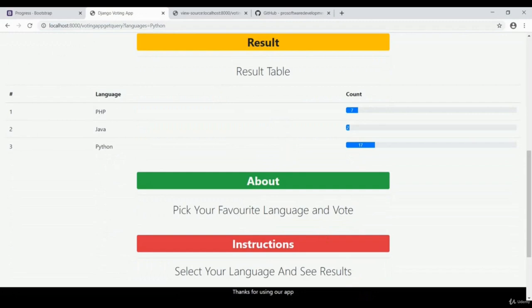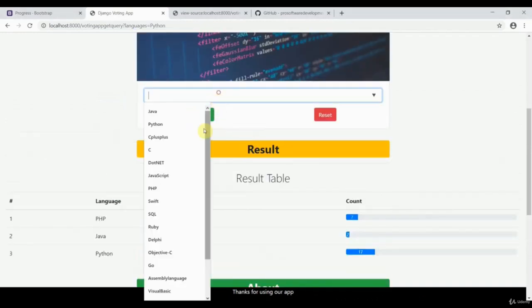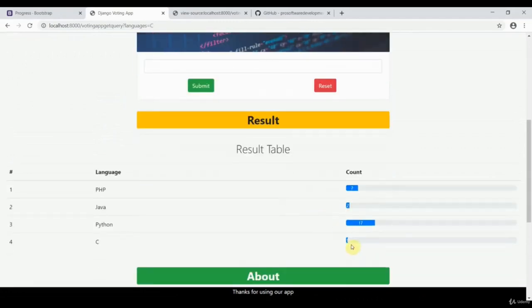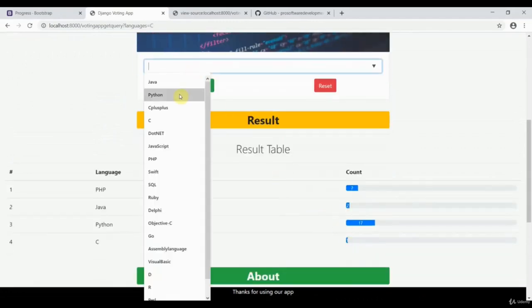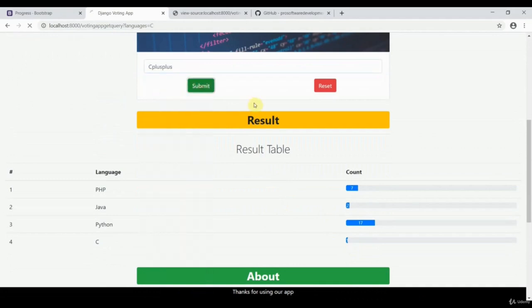So next, we'll try to add another functionality. You are seeing these are the counts of words, and if there are so many languages, let me add another, the C. So C will have one count of word. Okay, then again, let me do Python again, or Java, PHP, C++.